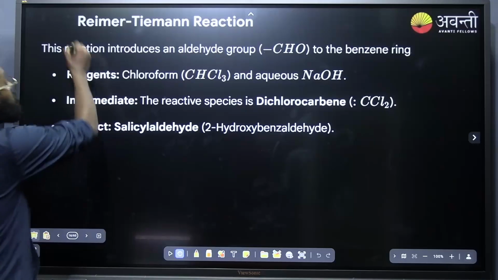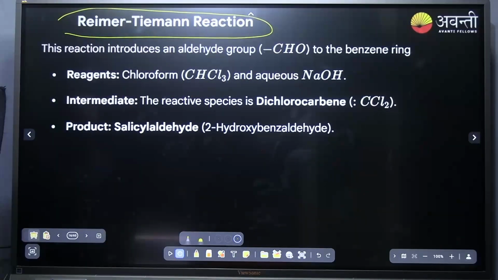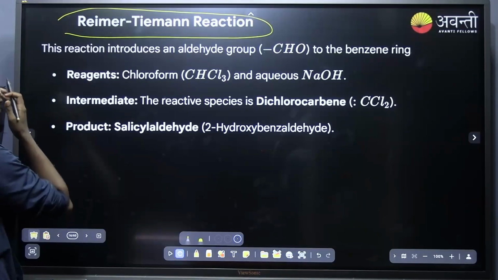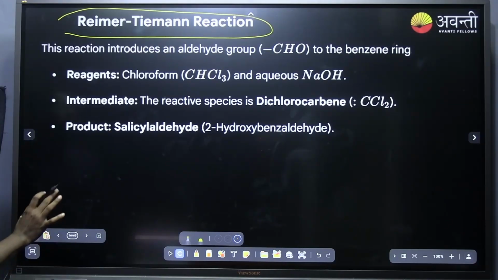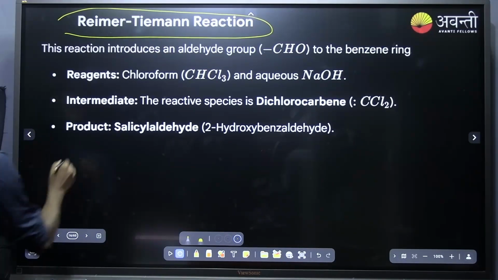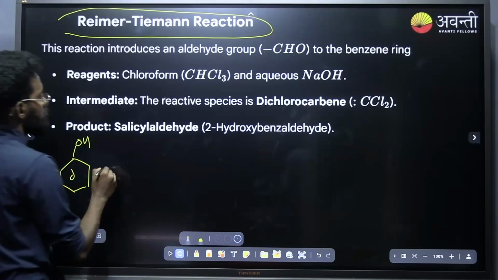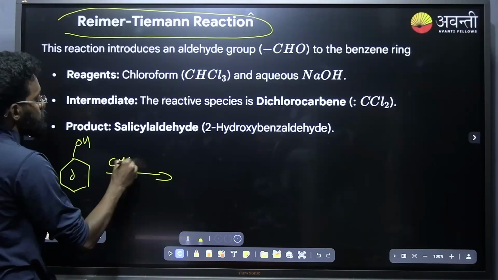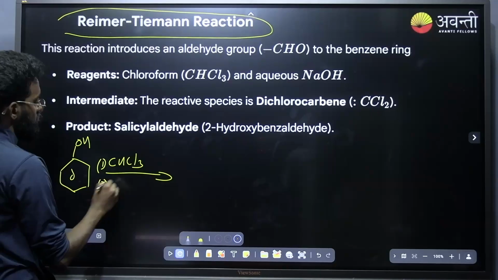Next, the important name reaction in phenol, that is the Reimer-Tiemann reaction. What is this reaction? It is just the introduction of an aldehyde group into the benzene ring of phenol. That is the only point you have to note down. I will take phenol as our initial substrate, which on treating with CHCl3, that is chloroform, and then with NaOH,